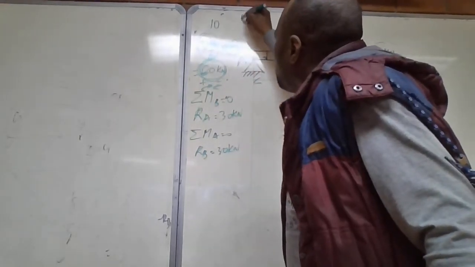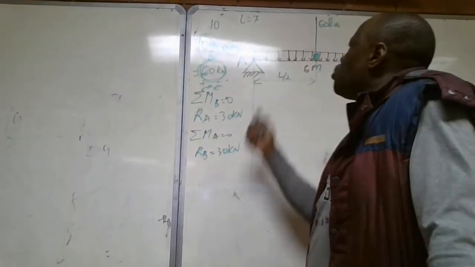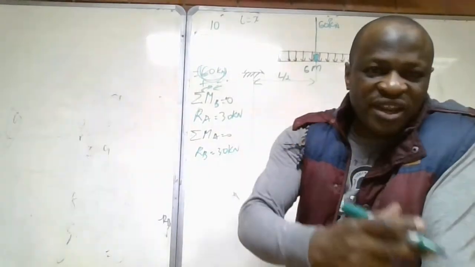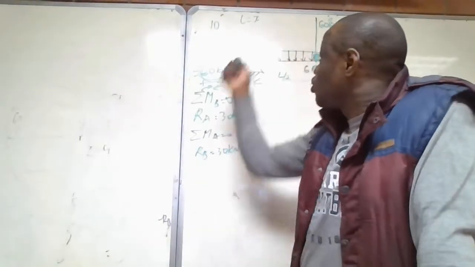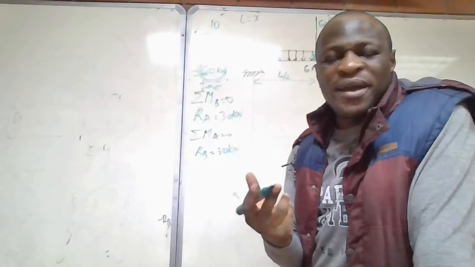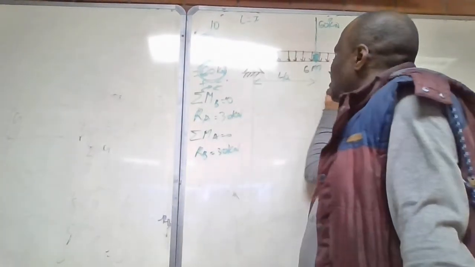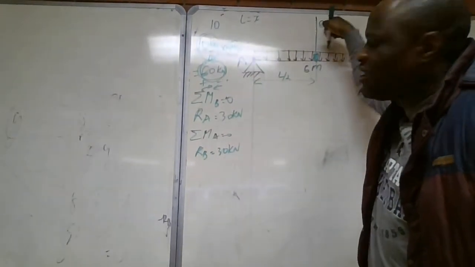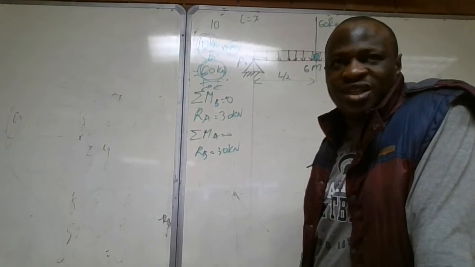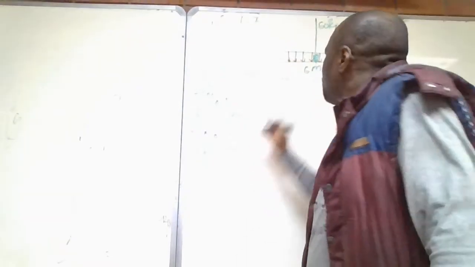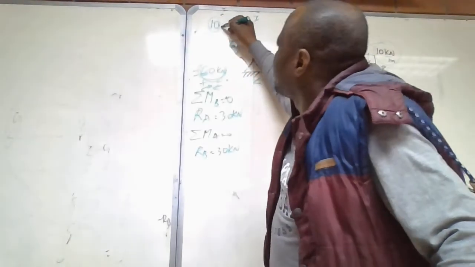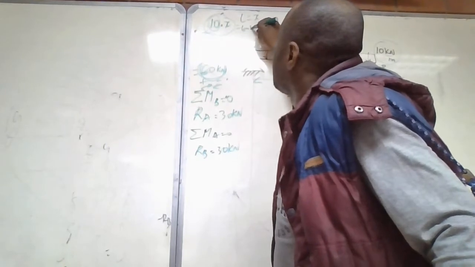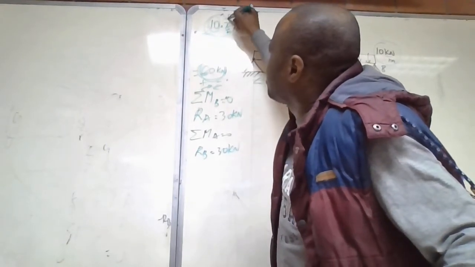If we substitute the length by x, because we want to represent this mathematically, it means we need to have a dependent variable and an independent variable. The total load is the dependent variable, but the length is the independent variable. There is a correlation between the length and the total or resultant load. Mathematically, the load per unit of length times the length will give us the total load. In this case, it will be 60 kilonewtons because the total length is 6.